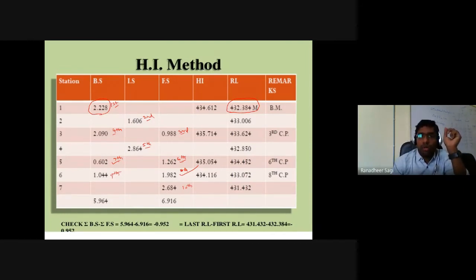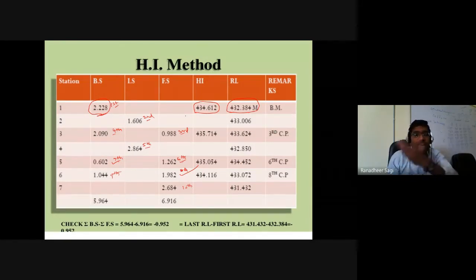If I add 432.384 plus 2.228, I get the height of instrument as 434.612 meters. So 434.612 meters becomes my height of the instrument. And once the height of the instrument is known, I can go on to calculate the RL values of the next successive points